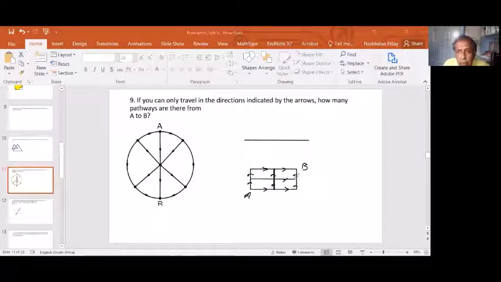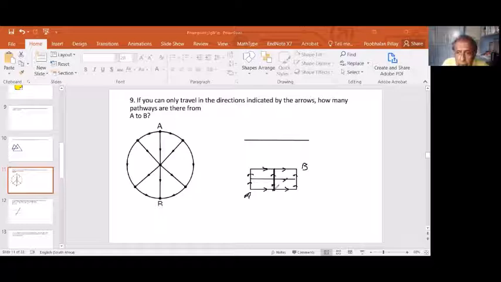So this is one way. This is another way. And this is another one. And this is another one. So it can be quite complicated. So the way to do this is, from A, let's start from A, and we write down